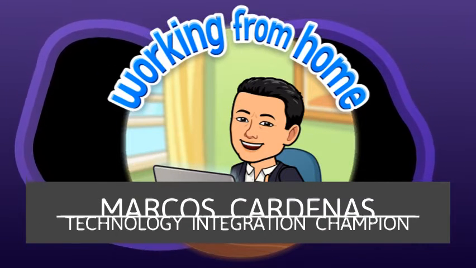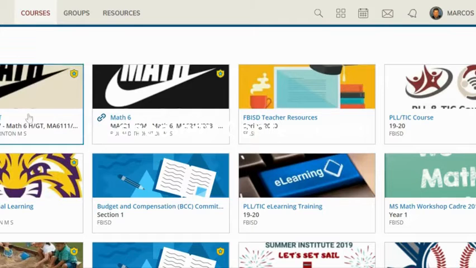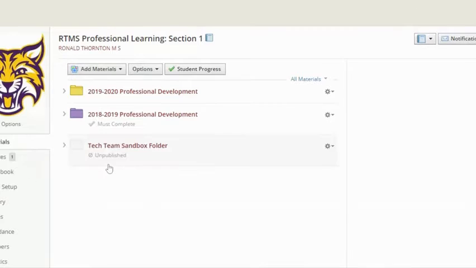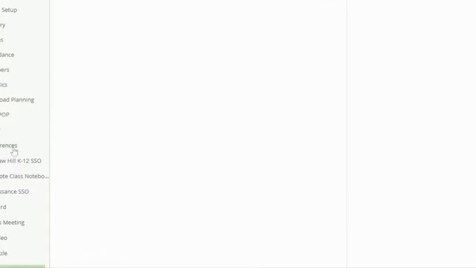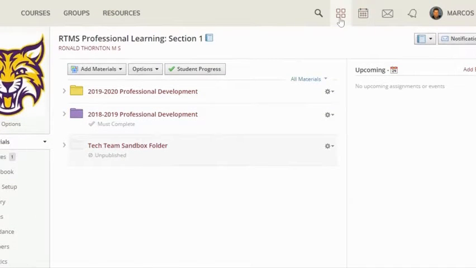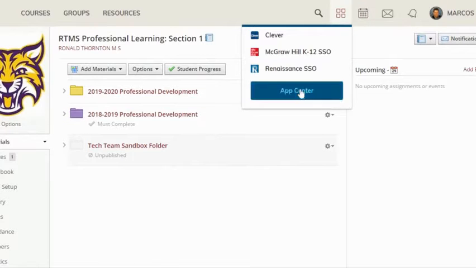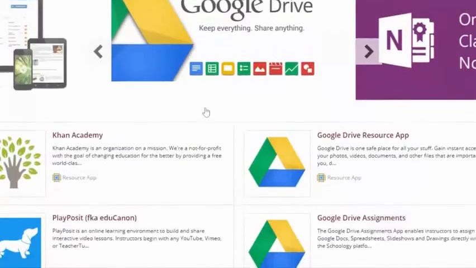Okay, so today we're going to be covering Schoology conferences. All right, so first you want to go to your course, and on the left margin, you're going to see conferences. You may need to do this step, which includes going to the App Center, scrolling down, looking for conferences,